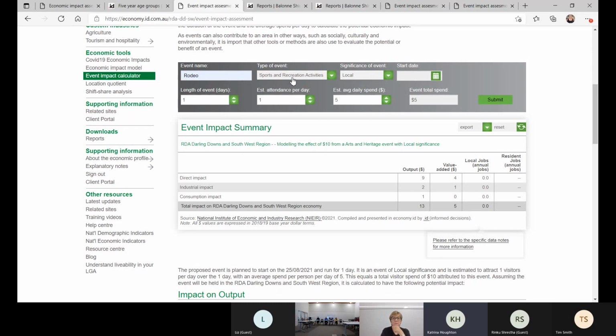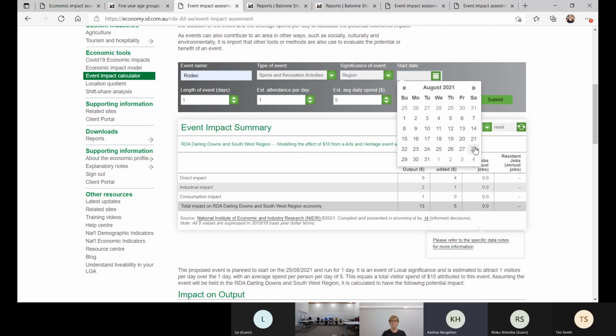So here we've got rodeo, sport and rec, so you just pick between art and heritage, sport and rec, or business. Then when we look at the significance of the event, this is where we're drawing visitors from. If they're just from the local Balonne Shire, we would consider them local. If they're coming from outside of the Shire, but still within a regional distance where they could perhaps drive home or stay one night, we would consider them region. And then we've got our state-based visitors who might stay for a prolonged period of time for that particular event. So if I just pick region, just to be safe,